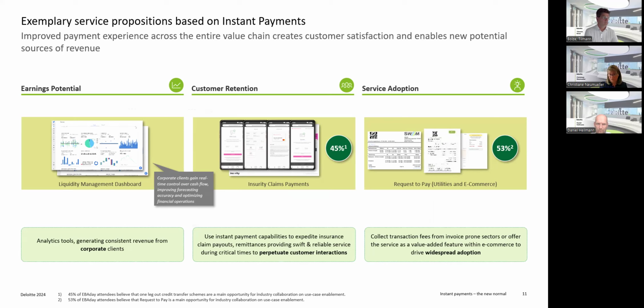And then the step to request to pay. I think the audience already knows the discussion about request to pay. We have been doing it for several years, and now it is growing. And on this stage, we had a lot of discussions with different industries like e-commerce, in-shop payment, utilities, the mineral oil sector, and insurance companies, as I was explaining before. And everybody was saying, yes, there is a market there. So let's start, let's find the right opportunities, and let's make it happen in Germany and in Europe.